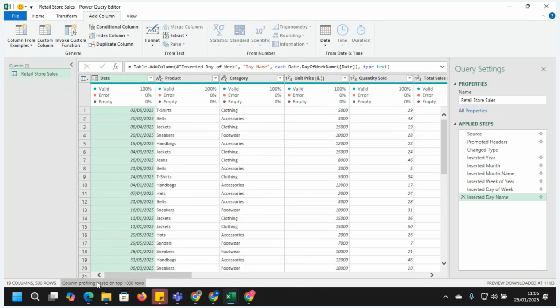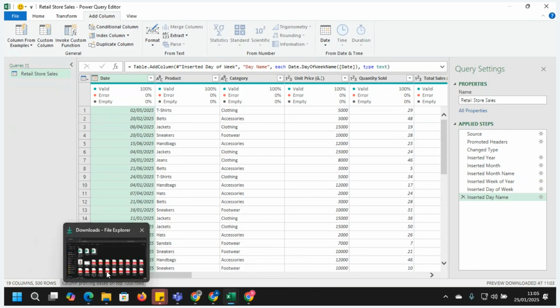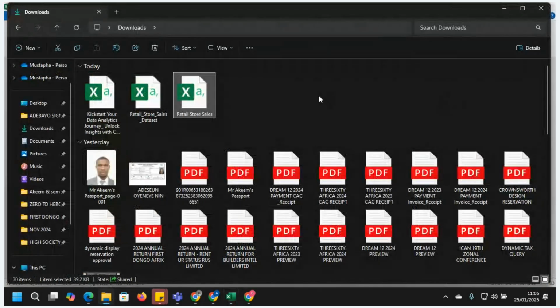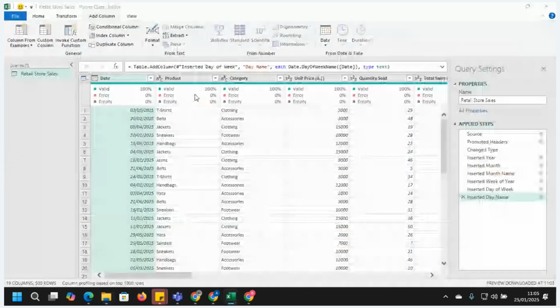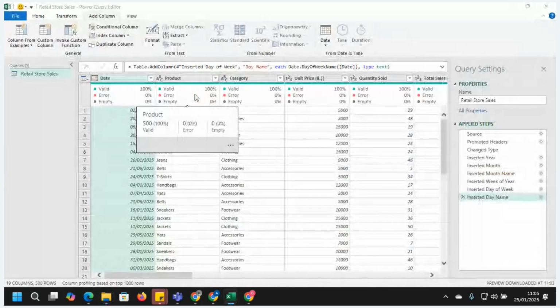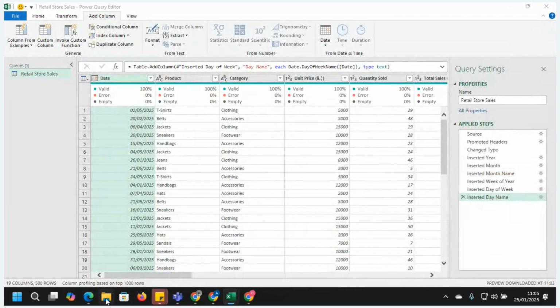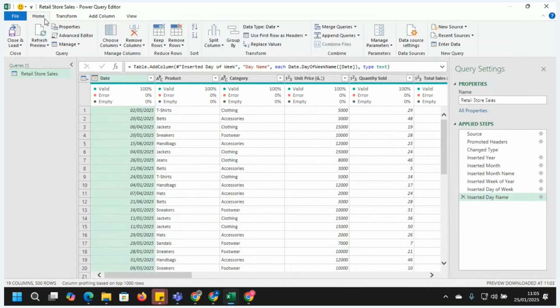We have opened the Excel workbook. One thing you should notice is that everything I've done there does not affect the original data set. That is another benefit. I'm opening the data set again now, and the data set remains intact. Nothing has changed in the original data set. Now look at this. Let me quickly load this data. If I click load, it will load the data into my Excel, which I can use to work.